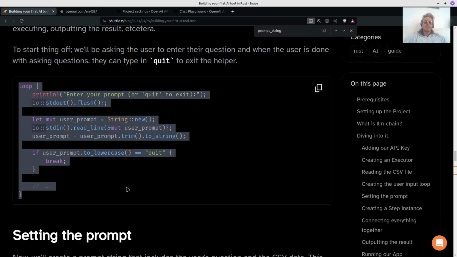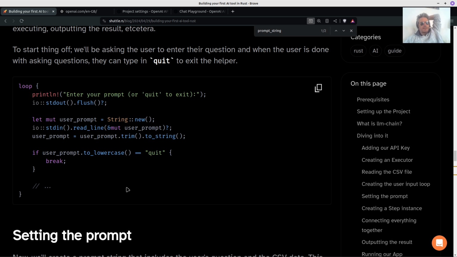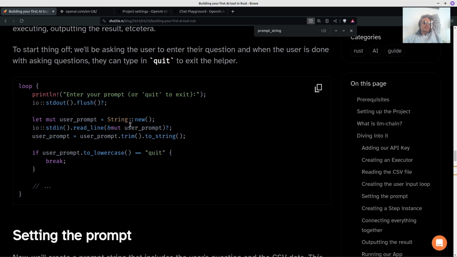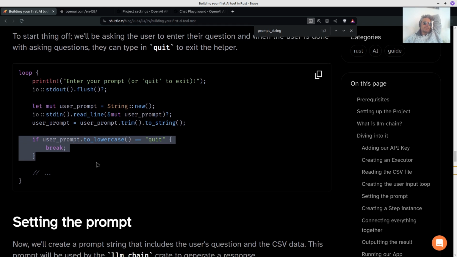If you're new to Rust, I would say quite a good exercise would actually be to memorize how to do this. So ask for a prompt, read the prompt, and then you trim it. That's really important to trim it. And then provide the user with a way to actually exit cleanly. So yeah,